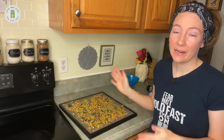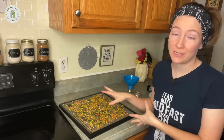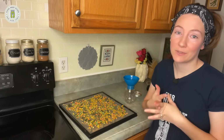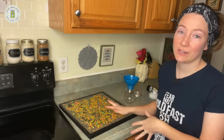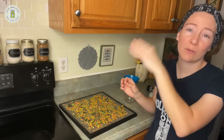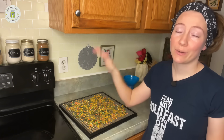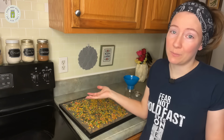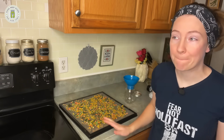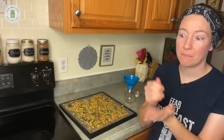So that will alternate or depend on what came out of the garden that year. But regardless, when those bags hit less than $1 per bag, which I think are 15-ounce bags, so very slightly less than a pound, I'll try to buy 20 at a time. But each 1 pound, or we'll just say 15-ounce bag, dehydrates down to 1 heaping cup, which is kind of crazy, but you get major shrinkage with dehydrated food, so it shrinks down way more than